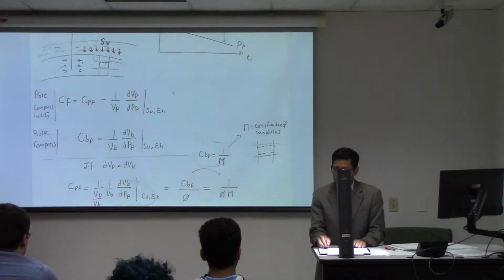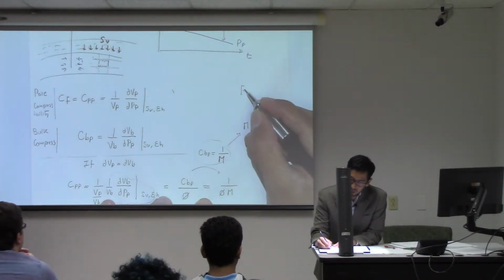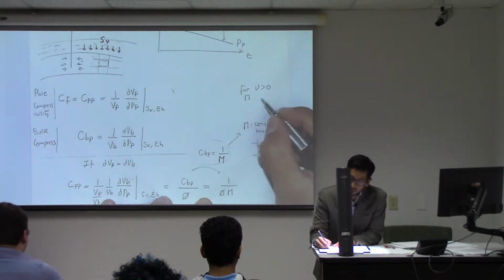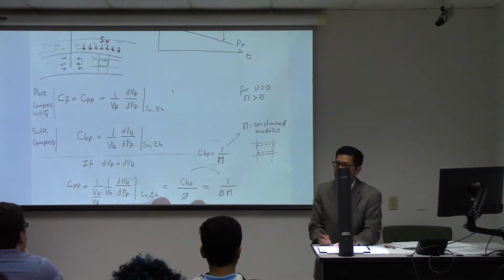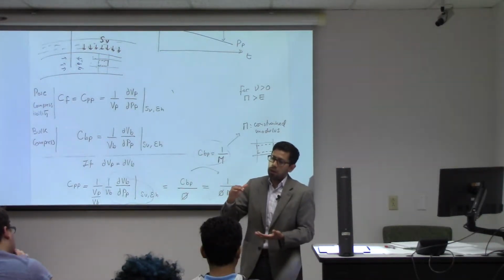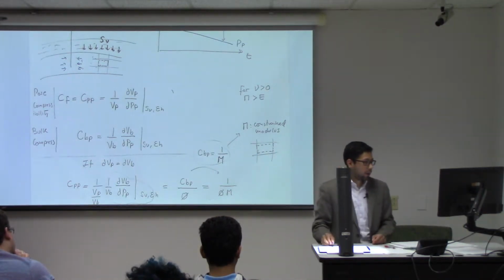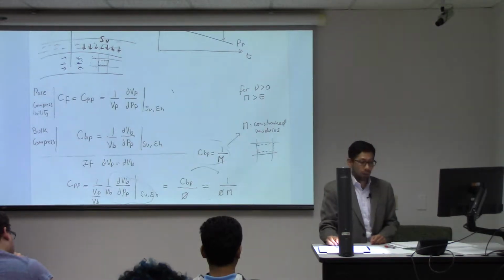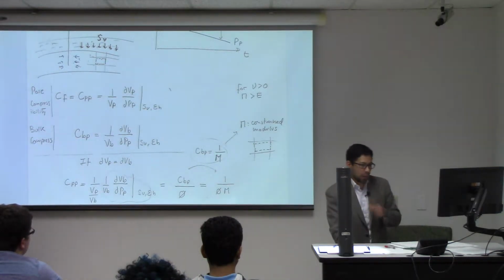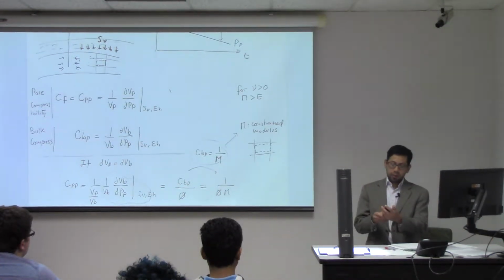In the homework, you're going to have to compute an example of this constraint modulus. And this is mostly always the case, for a Poisson ratio larger than 0, M is larger than E, it makes sense. You need more stress to achieve the same strain when you do not let the sides expand. So now with this equation, you can calculate what is the formation compressibility. And I have one example in my notes. I like that we have to move on, guys, because I want to talk about tensile